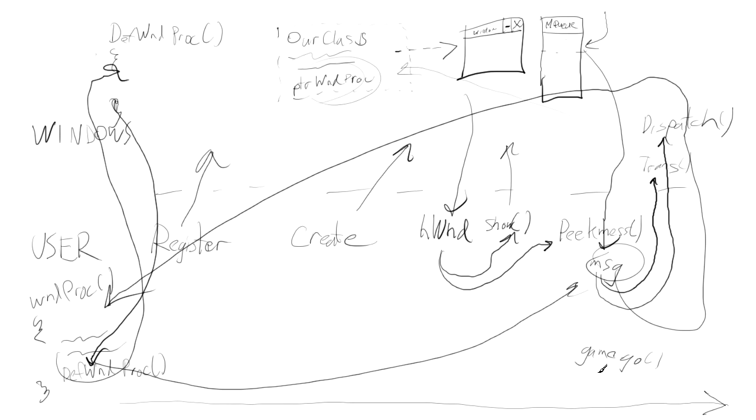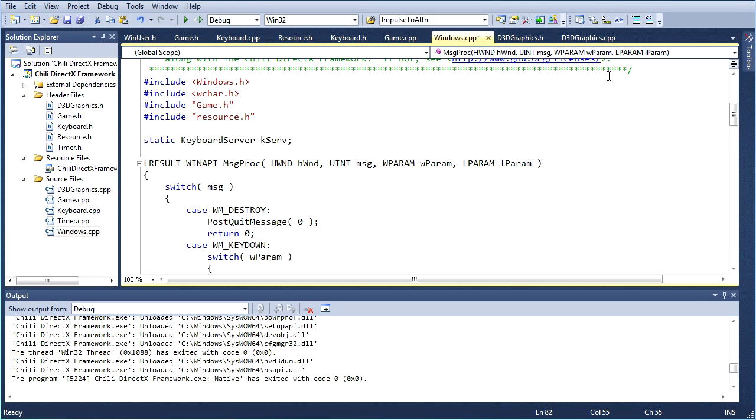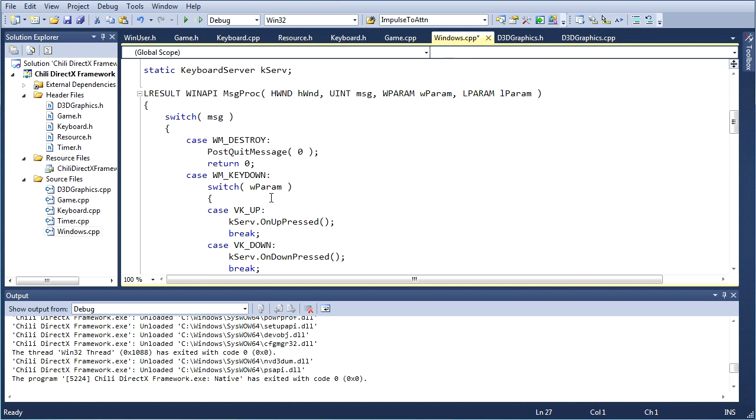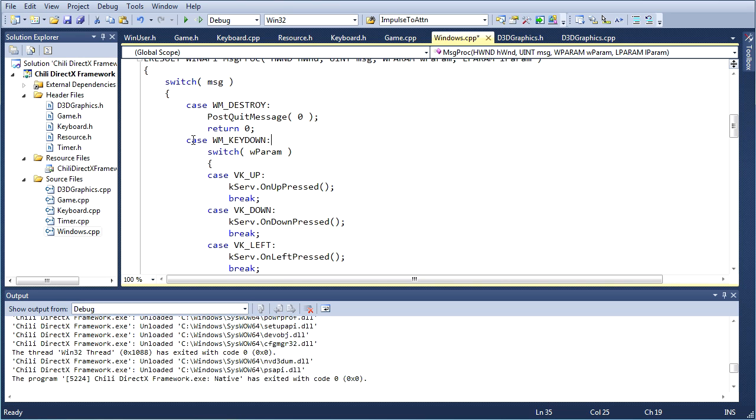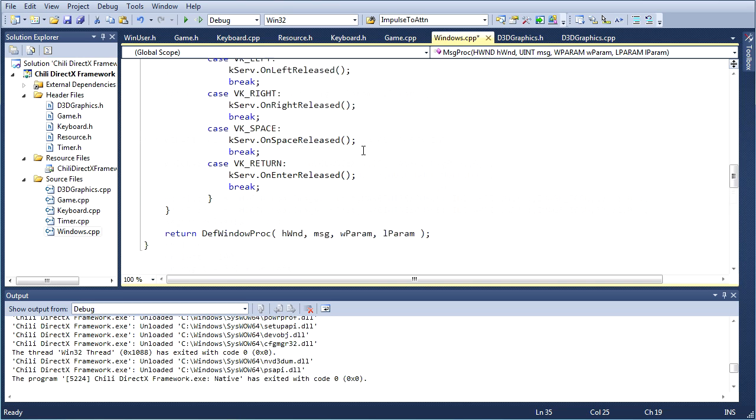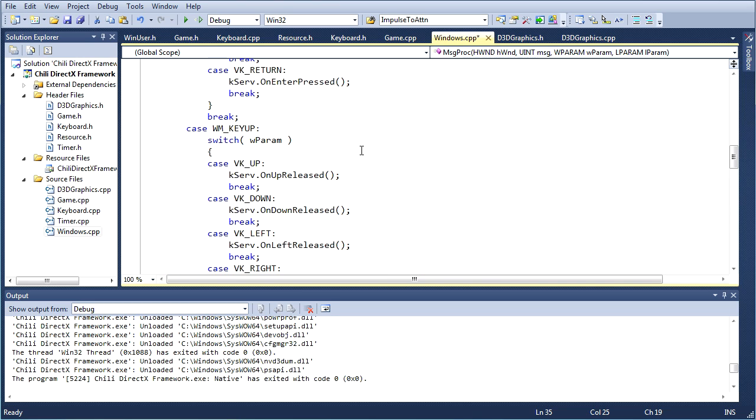And that's how it is. Doesn't get much simpler than that, does it? Ha ha ha. Alright. So that's basically how Windows works. If you want to handle some new kind of things, like if you want to, for example, handle mouse input, then you just add a new case here for a mouse message. But